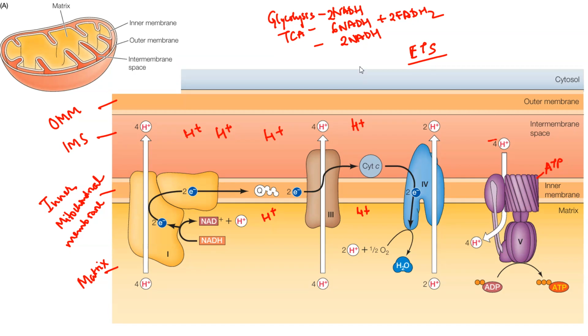This F naught F1 particle, you must have learnt about this, right? This is the F naught and this is the F1 particle. This F naught can rotate. So when this proton moves from this intermembrane space to this matrix, the F naught subunits can rotate, and this allows for the